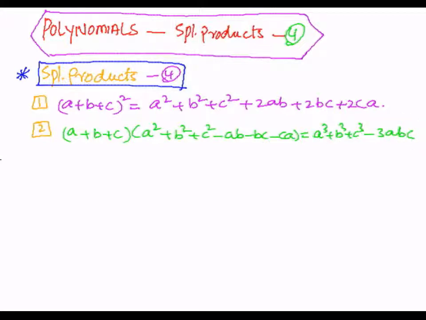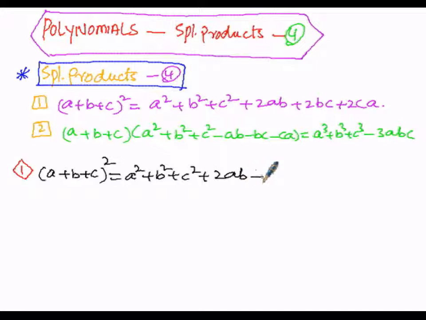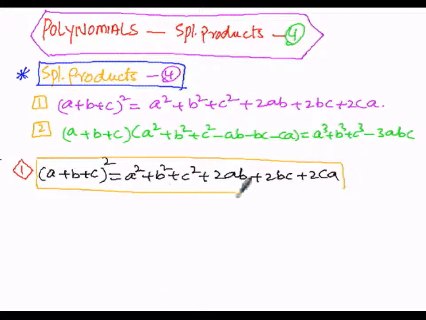We are going to prove these two special products algebraically. Here I am going to prove the first one, that is (a plus b plus c) whole square equals a square plus b square plus c square plus 2ab plus 2bc plus 2ca. So you have to prove this condition. First of all I want to take the LHS. Now the algebraic proof starts. In our algebraic proof I want to take the LHS quantity.